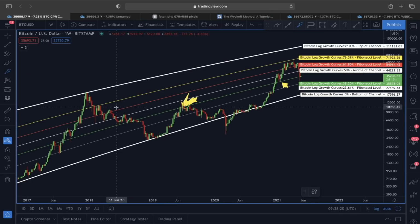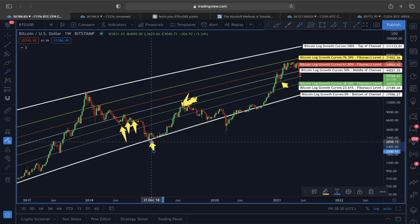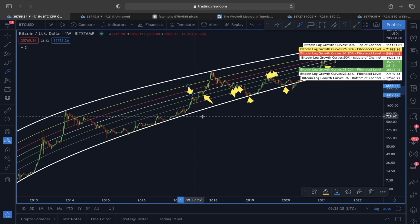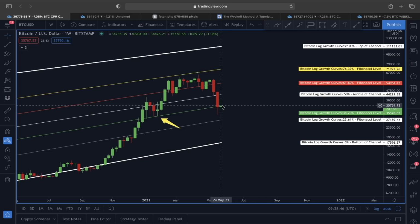And you can see here when the trend was reversing, the same green line, 38.20 Fibonacci level, acted as a strong support, but once the support was broken, we saw this massive pullback bringing us again back towards this bottom of the channel. Just like here, the same line acted as support and resistance. So that's why what we want is at any cost we should not close this weekly below this